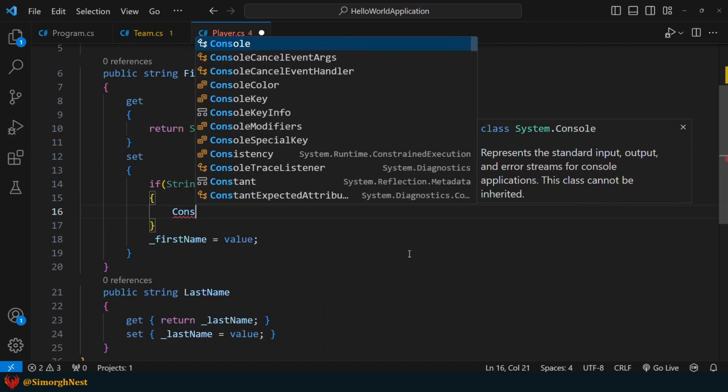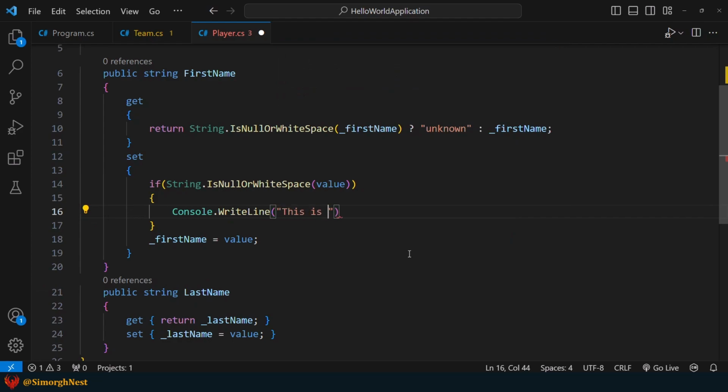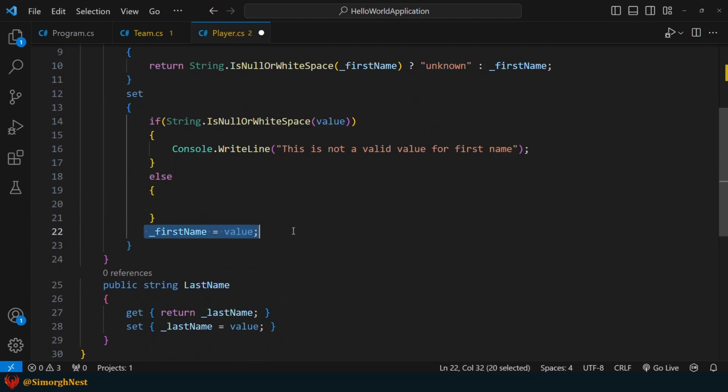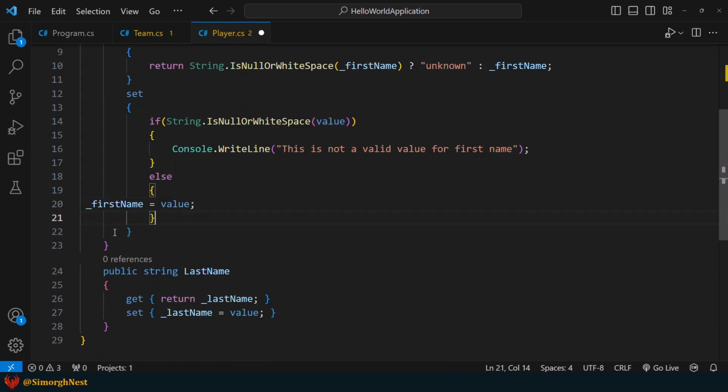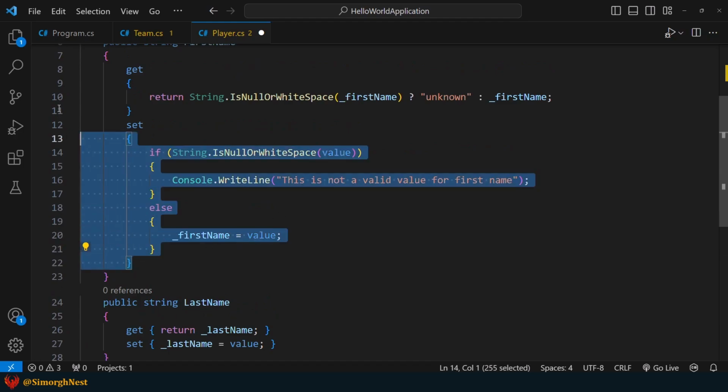If it is, let's display an error message. And if not, let's assign the value to the field. Okay, let's do the same for the last name property.